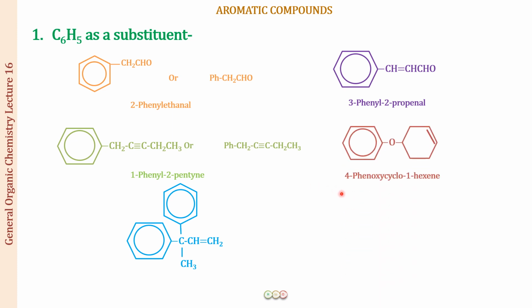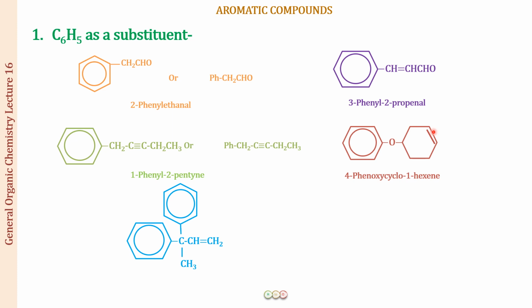So in this example, you can see that there is a benzene ring on one end. On the other end, you can see there is a cyclohexene ring present. So again, this is not a straight chain compound, but a cyclic compound. It is an alicyclic compound. So either it is an aliphatic compound or a cyclic compound, but this consists of the double bond, right? Just like there is a triple bond here and we treated this as the parent chain, you're going to treat this also as the parent alkene.